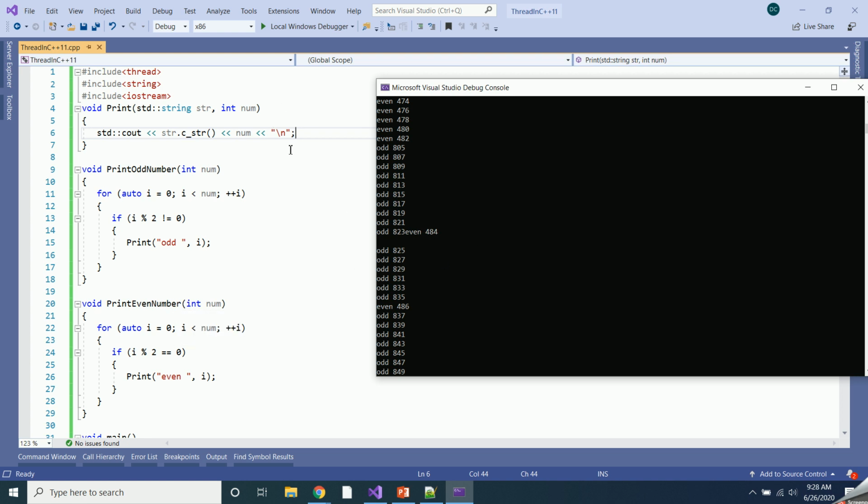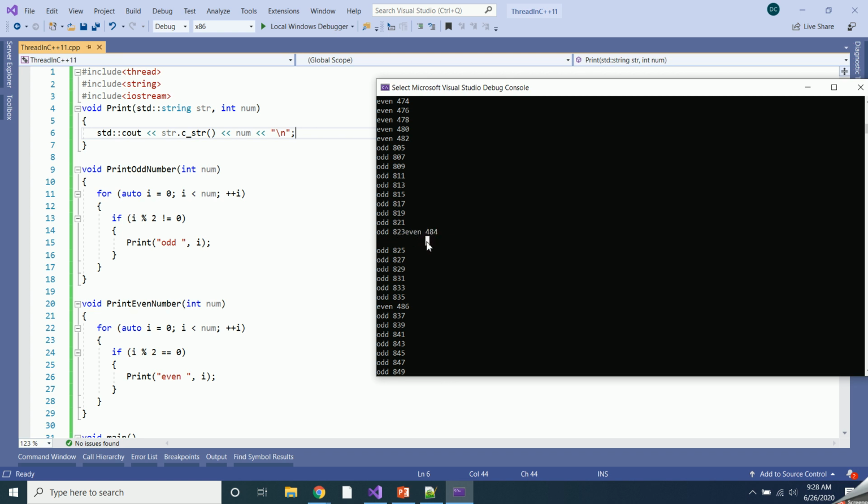So this new line got printed only after the even number thread finished. Then the odd number thread got control again. Now you can see that both the odd number thread and the even number thread are competing for the same resource, because the console window is shared between these two threads, and there is a race between them for the same shared resource.